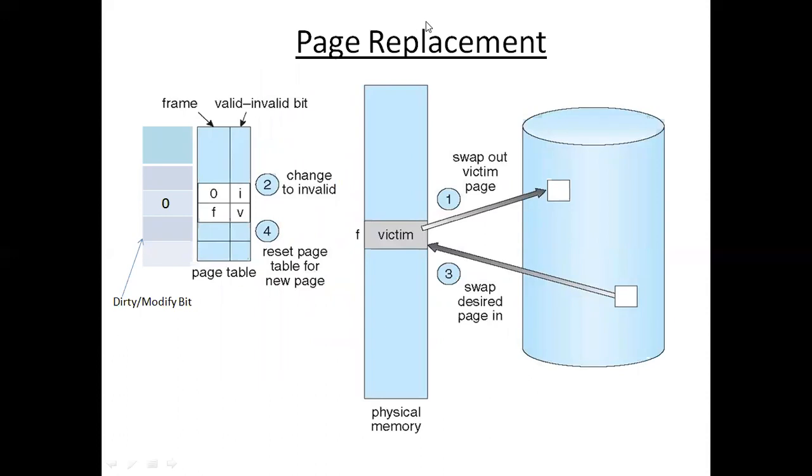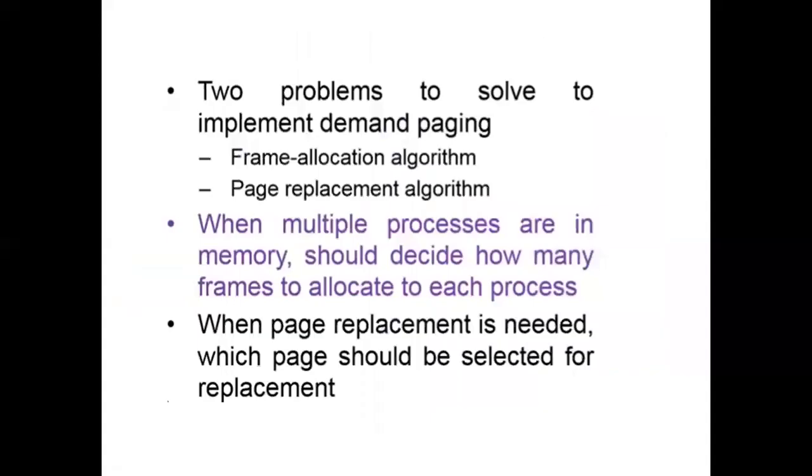So in page replacement, apart from looking for a free frame, if there is no free frame, you look at one victim. You take it out, you swap it out, and you bring in the page you require. And instead of doing a swap out and swap in, if the victim you have selected has not been changed after you brought it into the physical memory, in that case, you just need to delete it and swap in the required page. So that is about the dirty bit or modify bit.